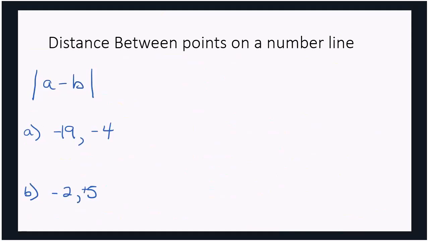So if my points are -19 and -4, and I want to find the distance between those 2 points, I'm going to find the absolute value of -19, subtract my b value, which is -4. And then you have to know how to add and subtract your integers. So I have subtracting -4, that's the same as adding +4. So -19 plus 4 is going to give me negative